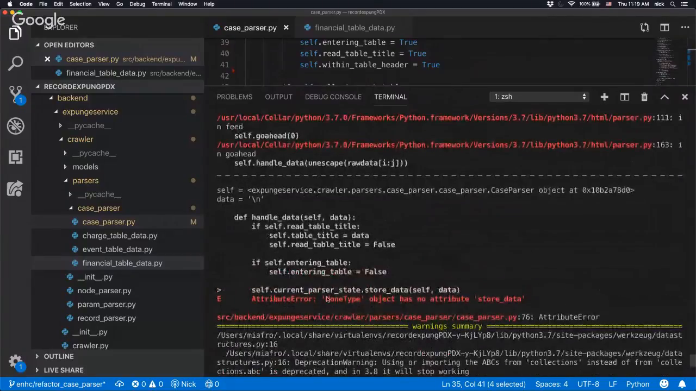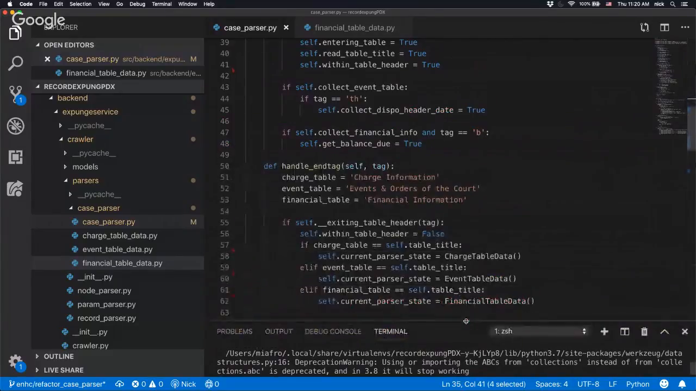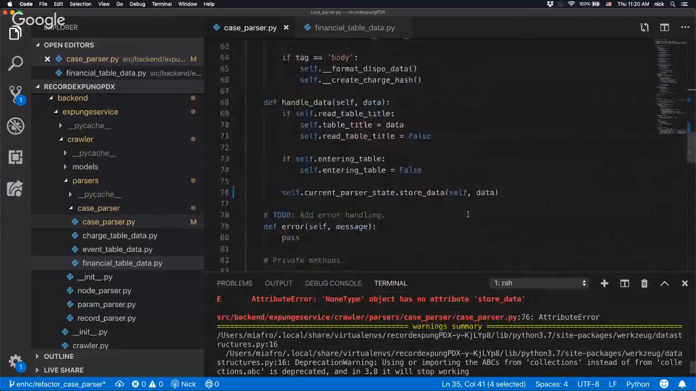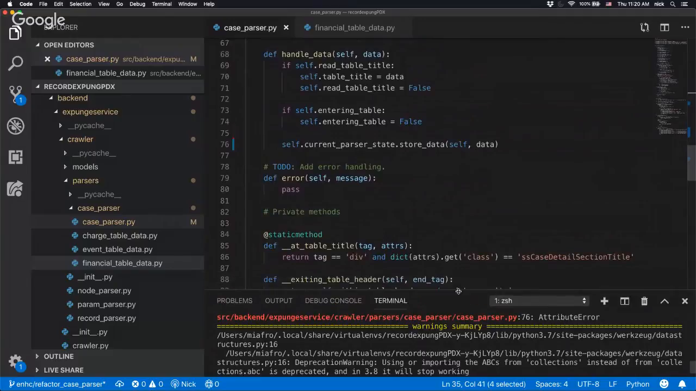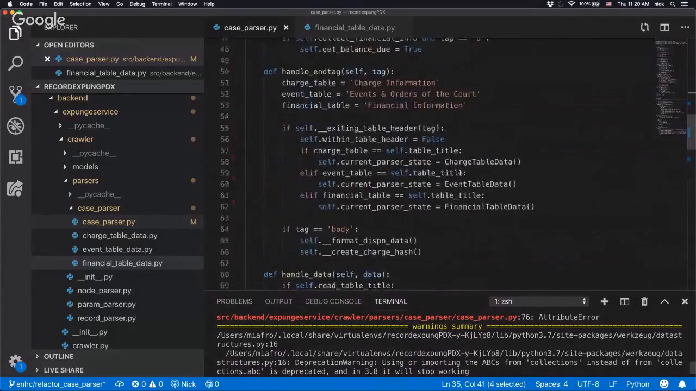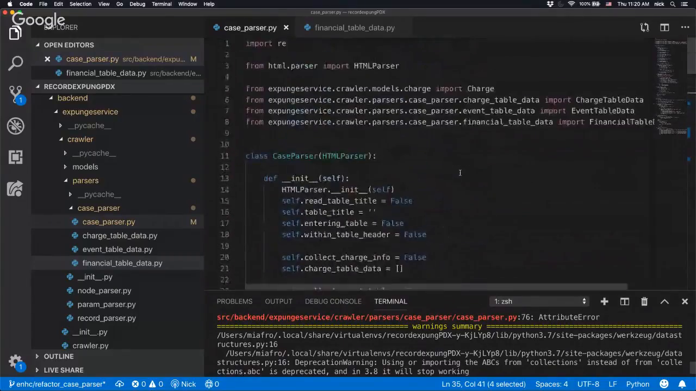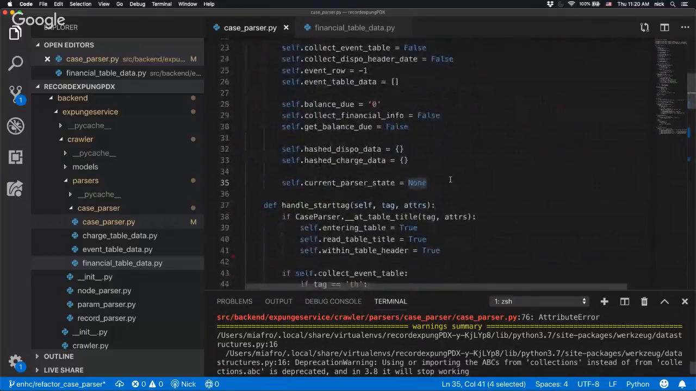Yeah, see, attribute error, NoneType object has no attribute store data. So this is, what's that? I have no idea how we can fix that. Okay. So I'm just going to create like a, what we can do is we can create another class, and we'll call it like,